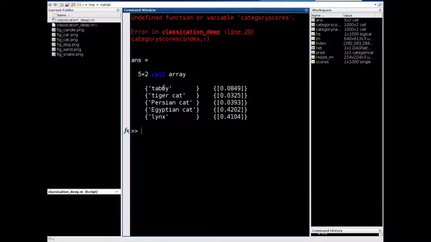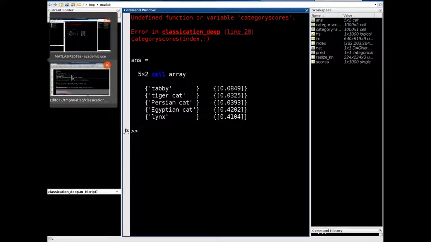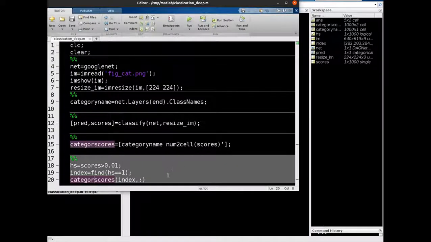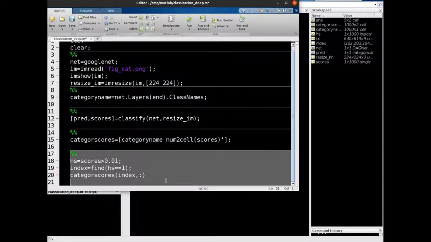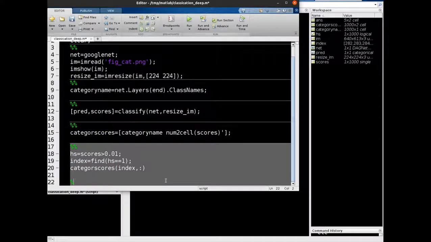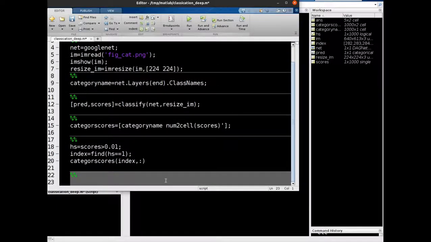Okay. So here we can see that only these categories have a score greater than 0.01, and among them the highest one is Egyptian cat with the score 0.4202. So if we check the predicted variable, the pred variable, then it must return Egyptian cat.